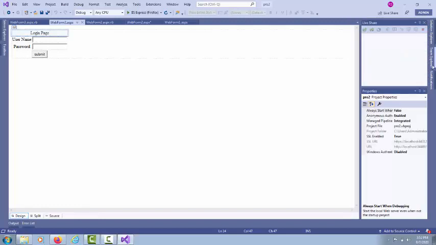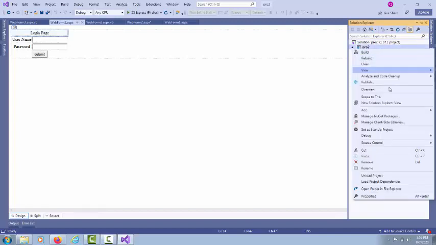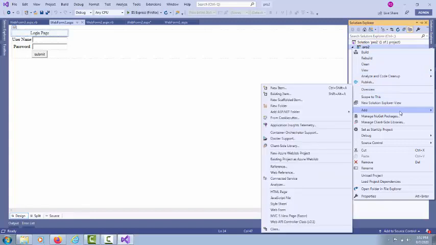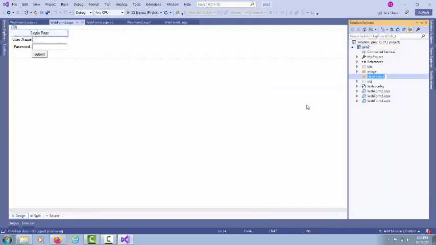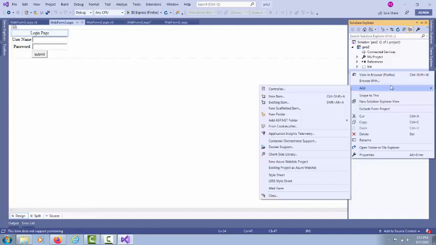Yes, and now for that, go into the Solution Explorer, right click on your solution name, or I can say project name, and then click on New Folder. Give the name as CSS. Why are we doing this? Because if you make the habit of putting all the things in the proper place, then it will be helpful in future project implementation.